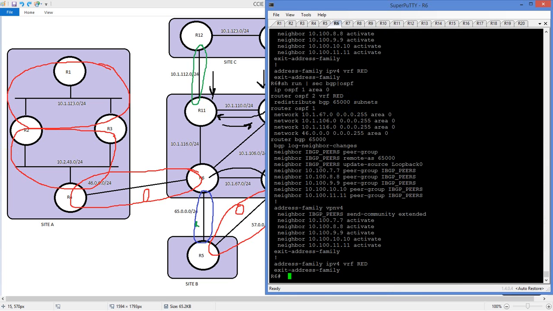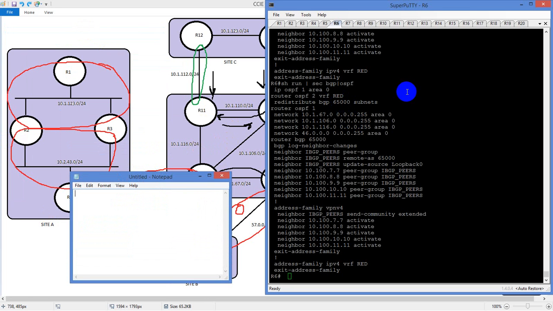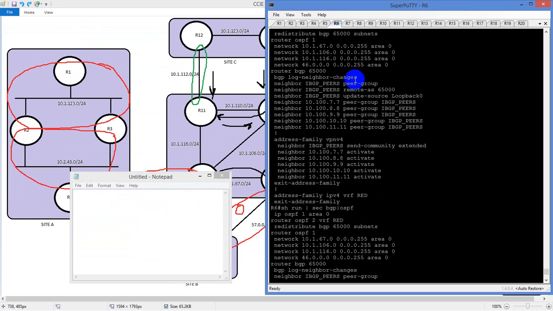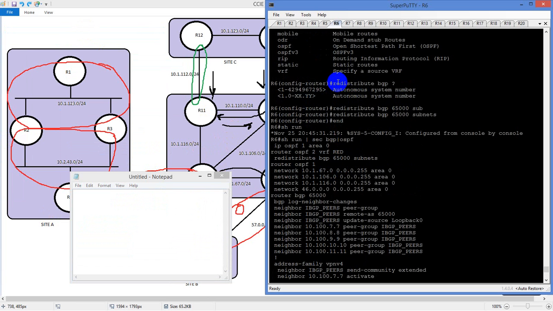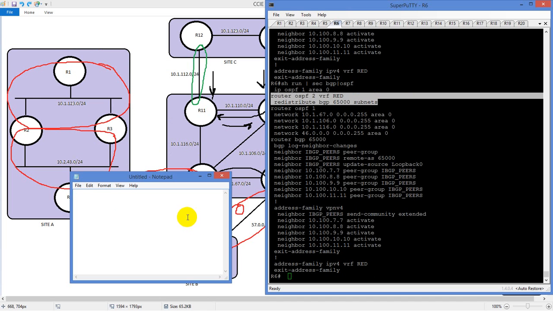Where is our notepad doc? There we go. We're going to pull router OSPF 2 VRF redistribute BGP 65000 subnets. And then we're also going to look at